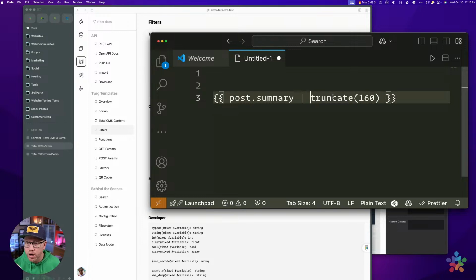Maybe this is for our SEO, when we want to put the summary in our meta tag descriptions, and with meta tags you want to stick around 160. It doesn't hurt too bad if you go a little bit more than that, but we definitely want it to shrink down. So truncate 160 will analyze the data and only give you the first 160 characters